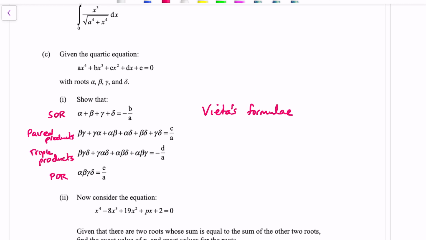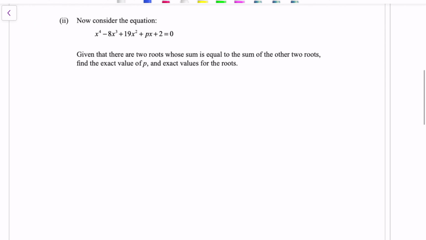Can easily be memorized. The question's asking us to show it though, so we do need to do a little bit of work to prove this. And then we'll use these in the next question. Okay, so if I take the quartic equation, part C,